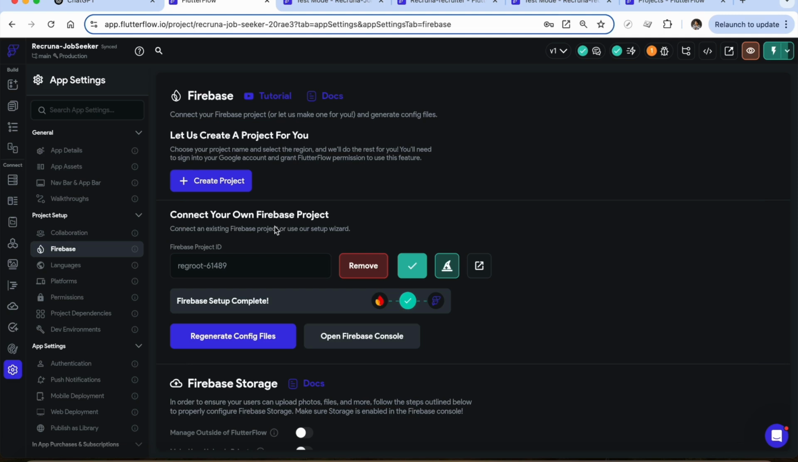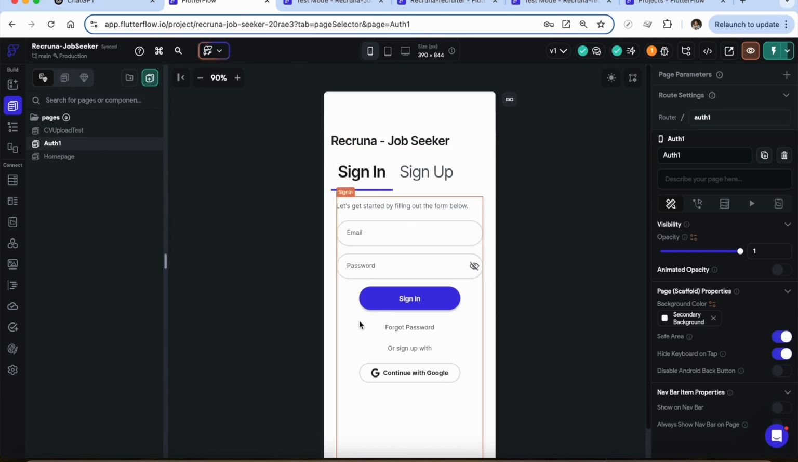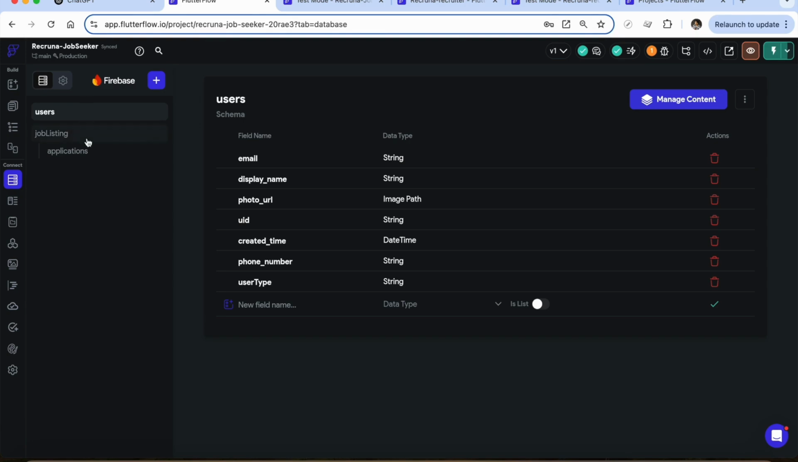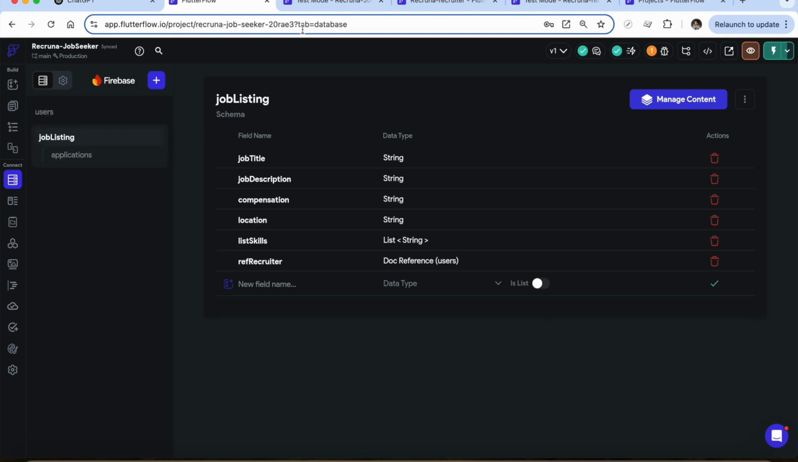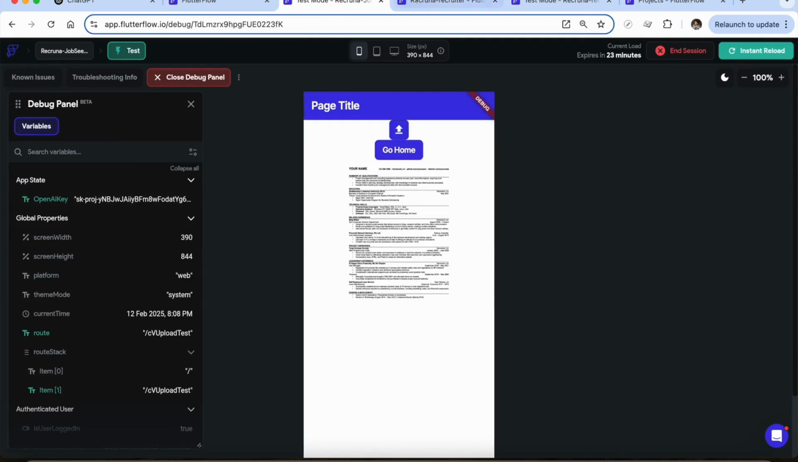The reason to do this is that I want to keep the logins or the user interface completely separate for job seeker and recruiter. I've already created a sign up page which is very similar to how we did it in the recruiter version, so I'm not going to go through that again. I've also created the collection structure, which is the same because we have a common Firebase database. The collection structure needs to be exactly the same. So we have a users collection, we have job listing and applications, right, which is the same as what we had created in